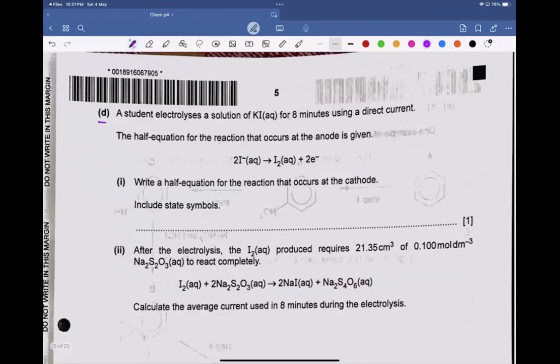Good. Now D part. The student electrolyzes a solution of aqueous potassium iodide for 8 minutes using a direct current. The half equation for the reaction that occurs at the anode is given. Write a half equation for the reaction that occurs at cathode. Okay. Aqueous potassium iodide. So